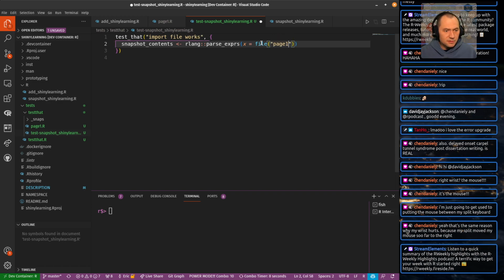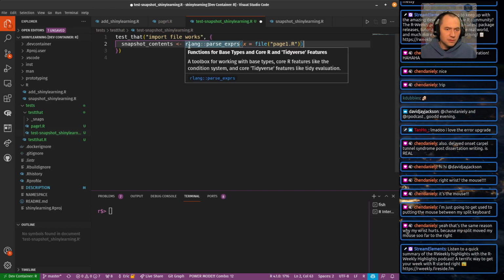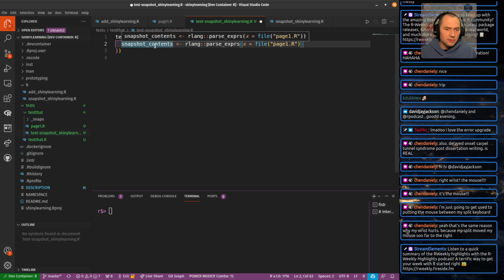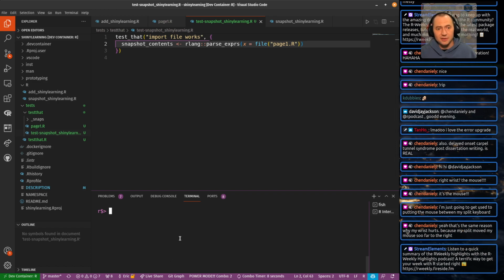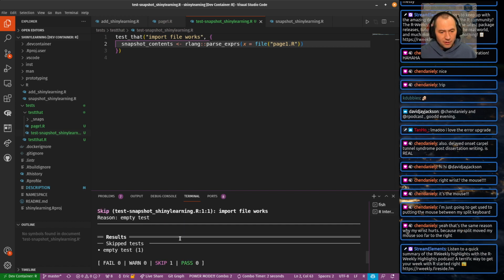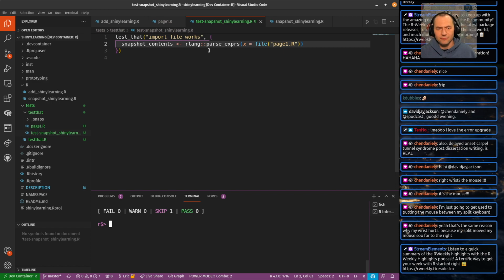Let's see. Not actually doing anything yet other than just making sure import works. The power mode bombed out. Oh, empty test. Ah, okay, I guess I have to do something with it. Well, what do I want to... For this, I want to make sure that